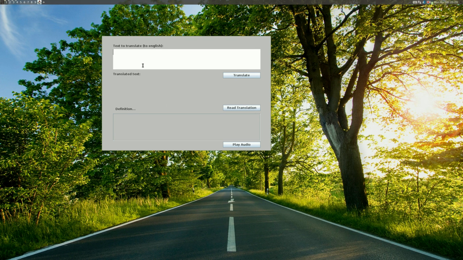So this top text box here, this is where you would type or copy and paste text in a foreign language that you would want translated to English. You can type it here, or like I've just been copying and pasting from Google Translate to test the application. You enter text somehow, and then you just click translate, and that will kick off the translation. Once you do that, you'll get the translated text here in the second text pane, and